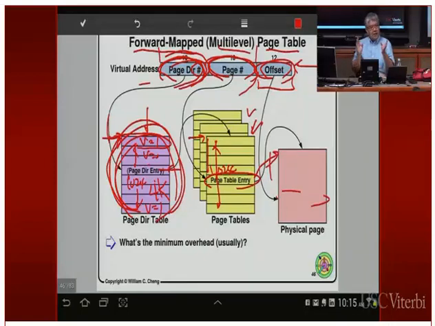Okay, so again, the page table, you should think about it as some kind of overhead in the kernel in order to do the address translation. Okay, so therefore you want the overhead to be as small as possible. Okay, so of course in this case, again, you're trading off space with time.